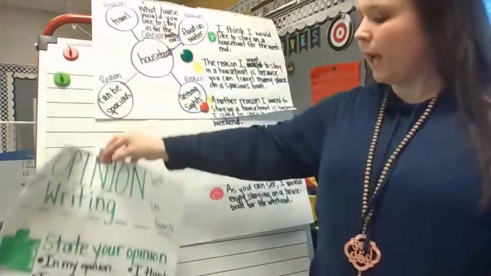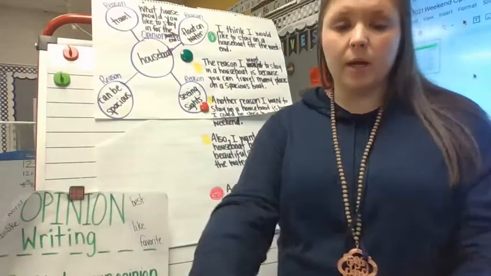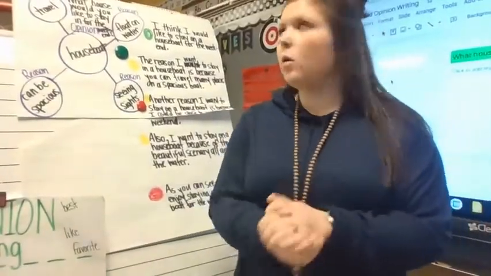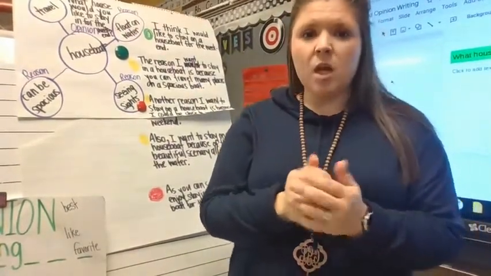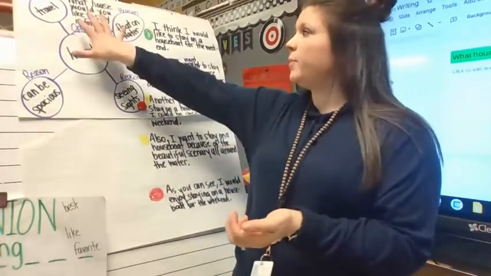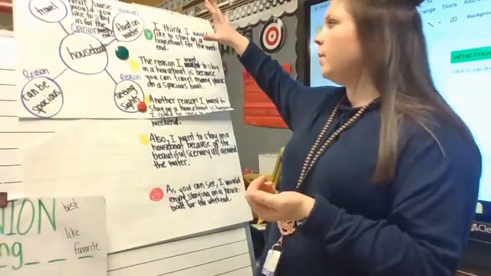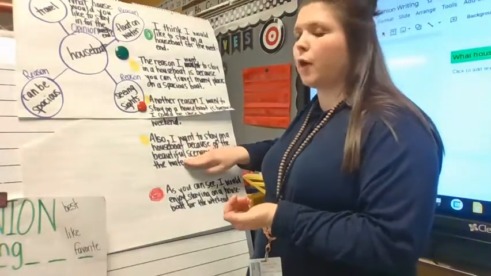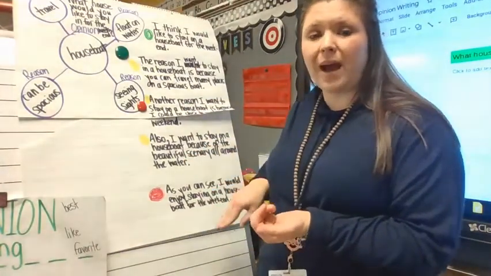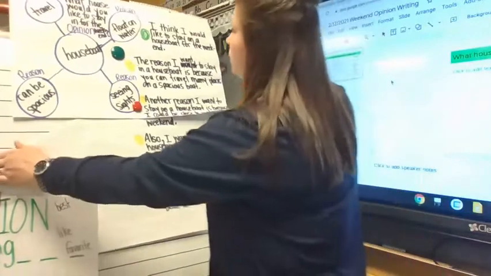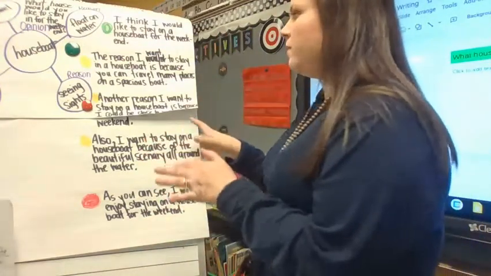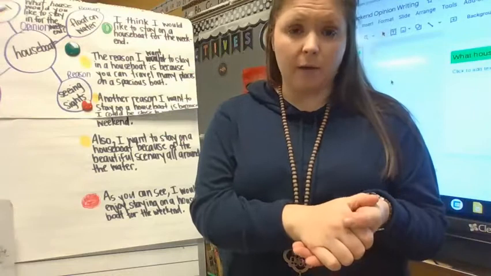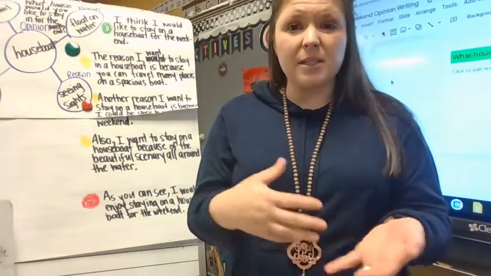So this week, we have been going through the parts of an opinion writing, answering the question, what house would you like to stay in for the weekend, okay? On Monday we planned our writing. Tuesday, we wrote our introduction. Wednesday, we wrote our three reasons why. Thursday, we wrote our ending sentence. So today, since these are 5 individual sentences, we're going to take these 5 sentences that we've developed and form a paragraph, okay? Because our writing happens in paragraph form.